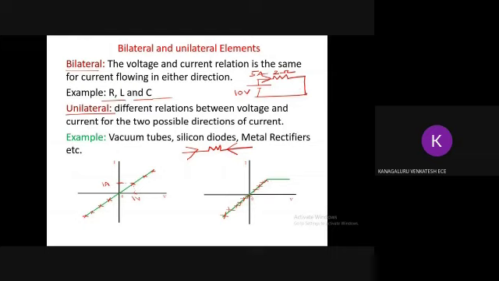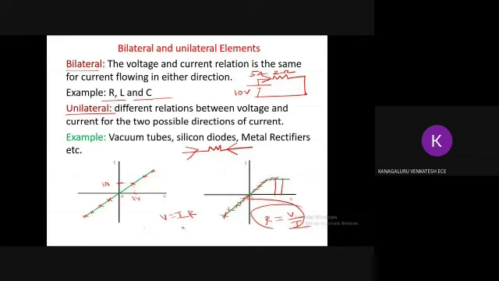Why I'm naming it here as an impedance is because of V versus I. You might be knowing V equal to IR. R is nothing but what? Tell me. What is R? Resistance or impedance we can call. So it is nothing but V by I. That's why I name it as resistance or impedance. Okay. So you look at this point. It is changing. It is not linear.